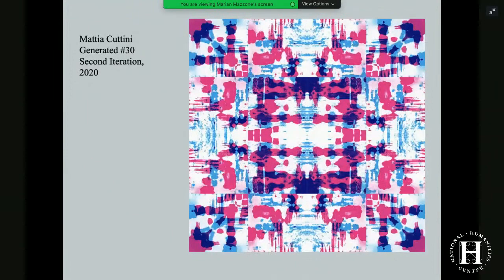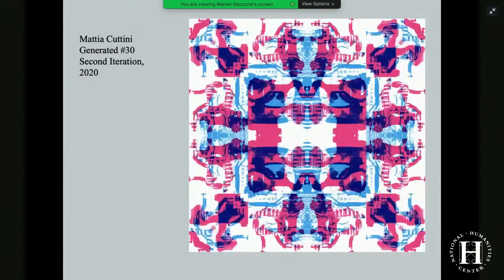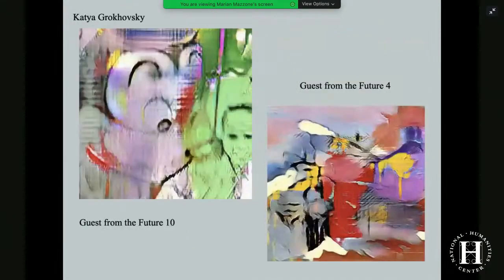And I know Carla will want to talk to us about that in a moment. So I'm going to quickly go to our next artist and then get to you, Carla, as well, to show your work. This is Katja Grokowski. And again, the emphasis here is showing you a variety of different artists and how they choose to work with an AI system. And so Katja's work is very much a la collage, in the sense that she is taking